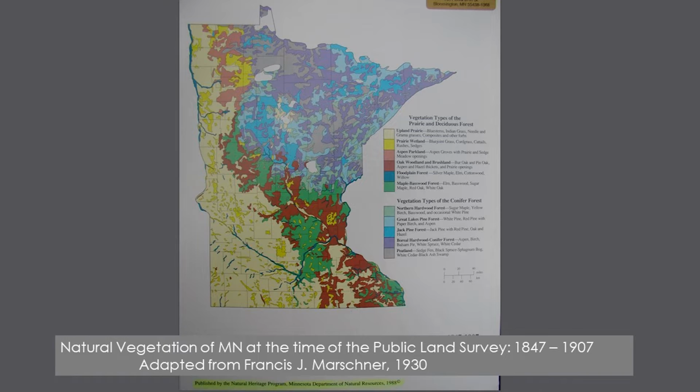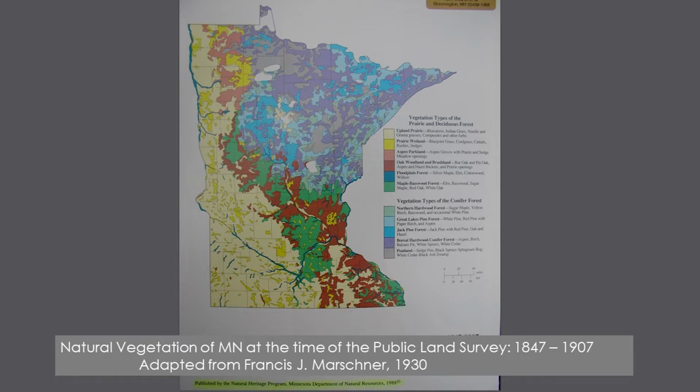So here we have the state of Minnesota. And you can see three different distinct regions in Minnesota. These are called ecoregions. So I'm going to give you a little background about this map. At the time that Minnesota was being settled, European settlers, about 1850 or so, they were cutting down a lot of timber in northern Minnesota. And they had to do a land survey to know where all that timber was.